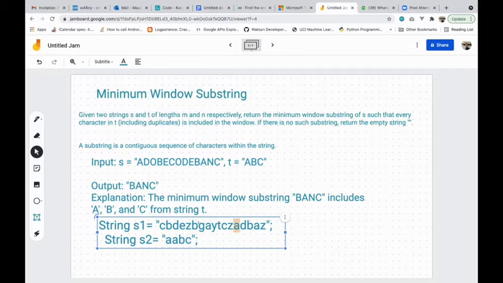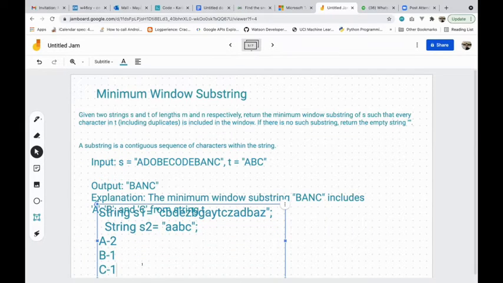But how should we go about this? As and when I get a character, I put it in my map, and if its frequency is equal to the expected frequency in string 2, I can increment one variable with 1 count. I already have the unique characters in this string by getting the size of this map. So the size of this map, A with 2, B with 1, and C with 1, is basically 3.